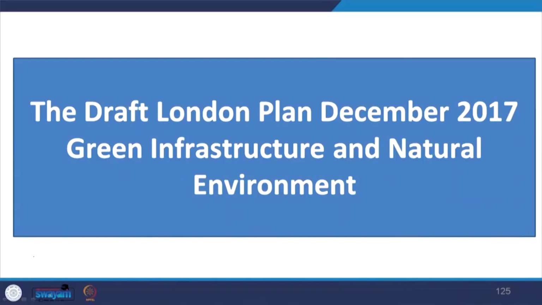So, this is what we looked at for African cities. We understood what kind of implication urbanization has on the environment if it goes unplanned and unregulated. Now, we'll look at the London plan, draft master plan, to understand various initiatives and integration with the urban planning process. The report is provided in the reference for your detailed study.